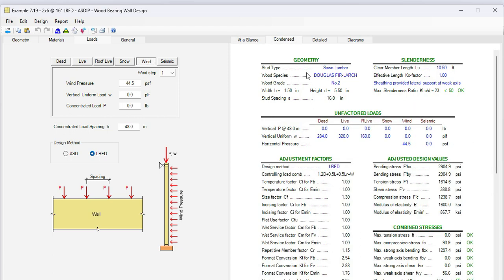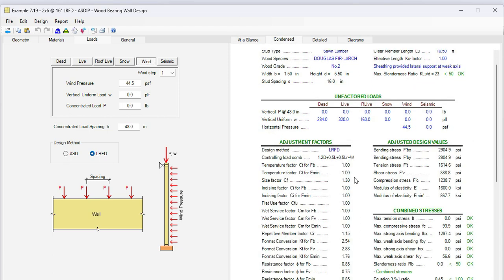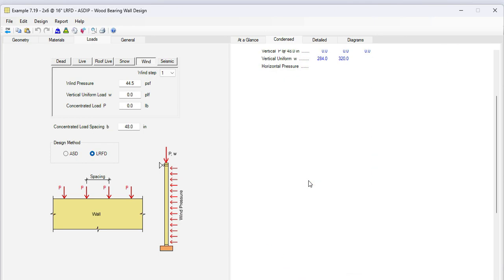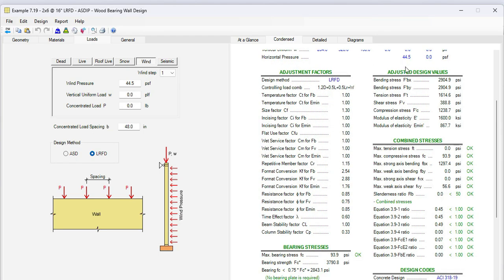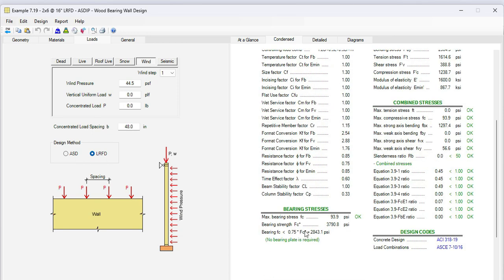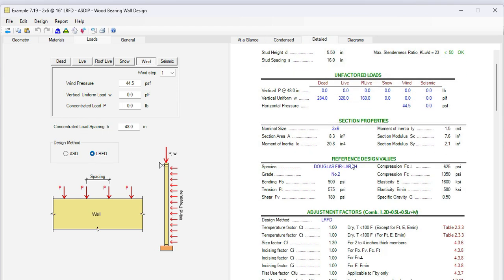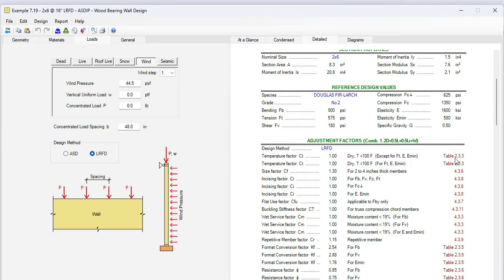We go to the Condensed tab. This is a more detailed set of calculations, step by step. Then factored loads, then the adjustment factors for this calculation, the adjusted design values, the combined stresses analysis, then the bearing stresses. If we go to the Detail tab, more detailed set of calculations, step by step, with references to